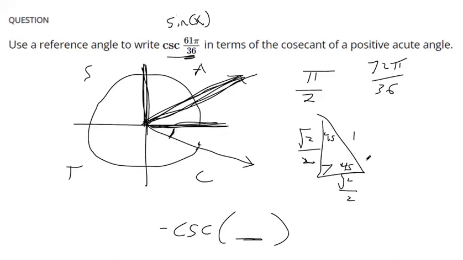We said it's 72 pi over 36 all the way around the circle, because that's 2 pi. But if we subtract 61 pi over 36 from that,